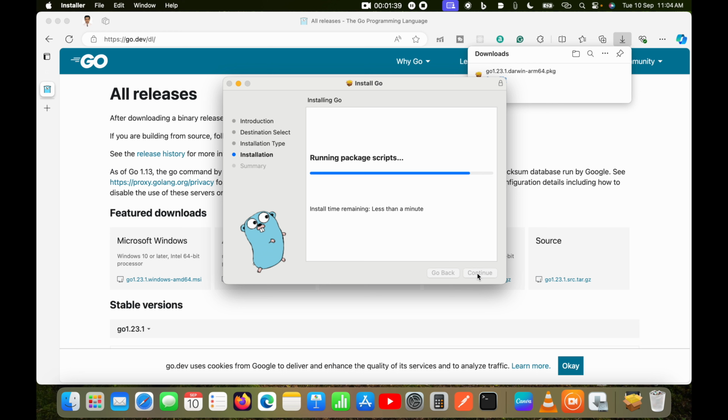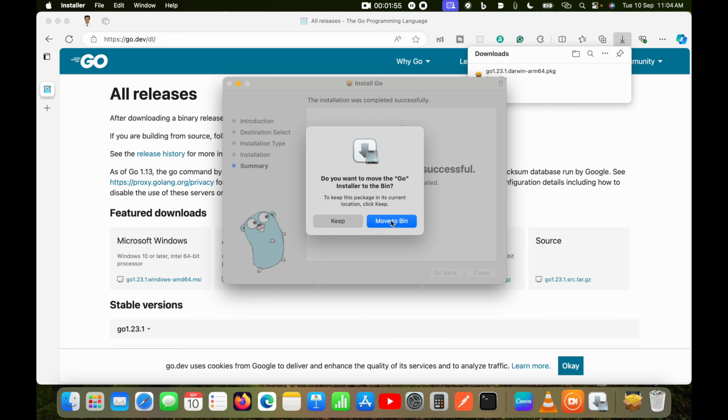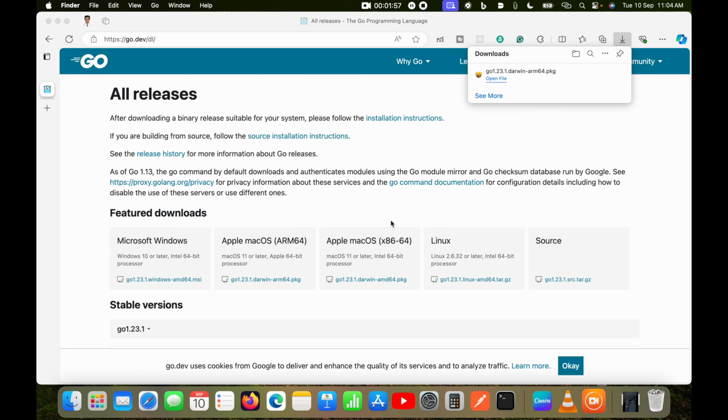Golang on my machine, and it will take a few seconds or a minute at least for installation. Just be patient here. Now I will click on move to bin,